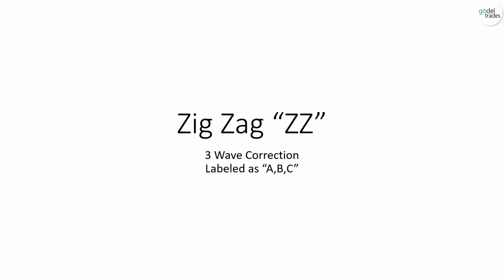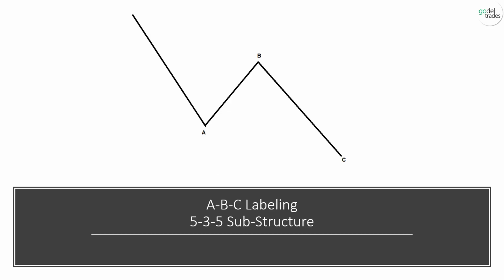Let's take a look at the corrective patterns that we've been discussing, and let's start out with the zigzag. Now, a zigzag is essentially a 3-wave correction, and its labeled structure is A, B, C. Here's a basic example. Down in A, up in B, down in C. Now, this is if we're coming out of, let's just say, for example, a wave 1 up, wave 2 down. If we're in a downtrending market environment, or we're in a correction to the downside, and you have wave 1 down, and then this wave 2 up, and then this wave 3 down, and this wave 4 up,